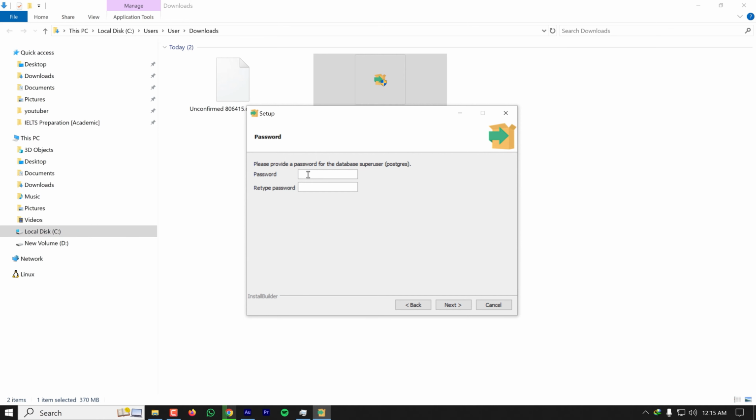Here I have to enter a password which will be the password for superuser of Postgres. So I'm typing a password and retyping it. Remember this password because this password will be required for connecting to the database later. I'm clicking on next. So here the default port for Postgres is